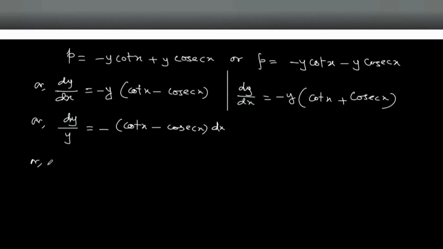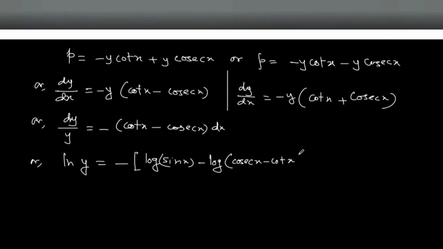So we'll get log y, here negative the integration of cot x is log of sin x, and integration of cosec x is negative log of cosec x minus cot x,